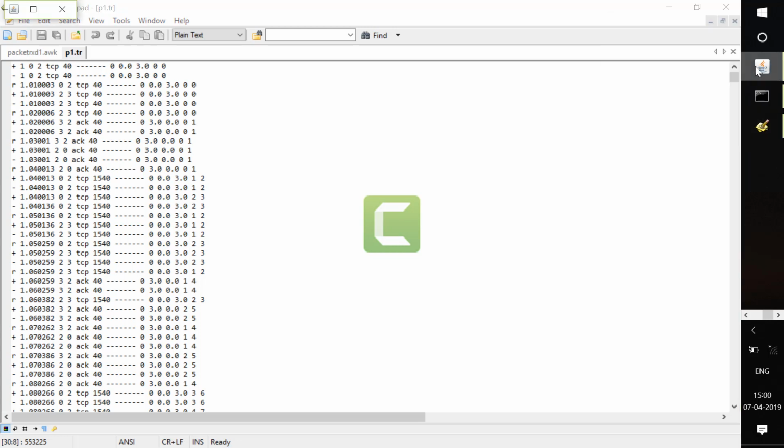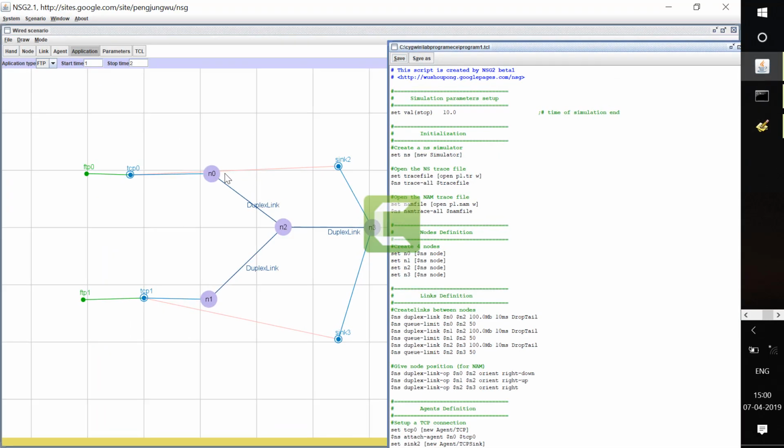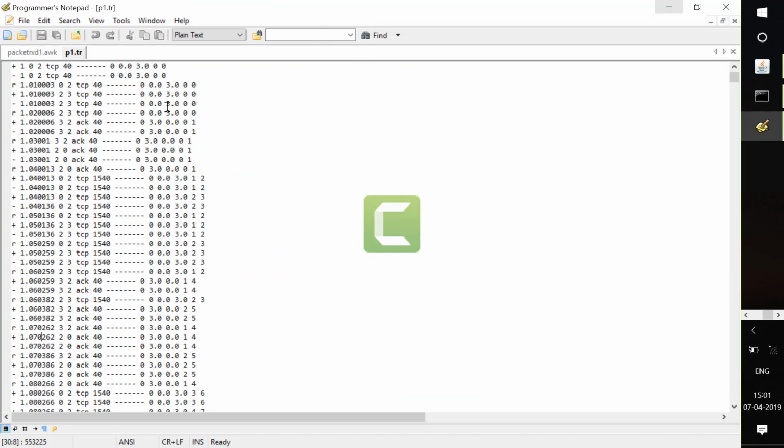As I said, between two nodes there will be a buffer present. Whatever packet is sent from a node will enter this buffer, and the entering we call positive. Coming out of the buffer and reaching node 2, we call it minus. Plus indicates the packet entering into the buffer.